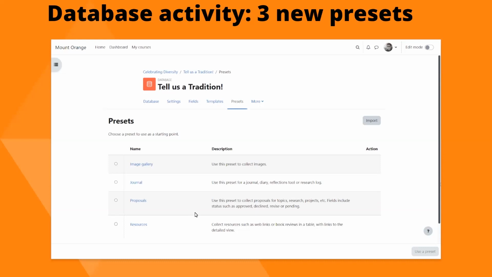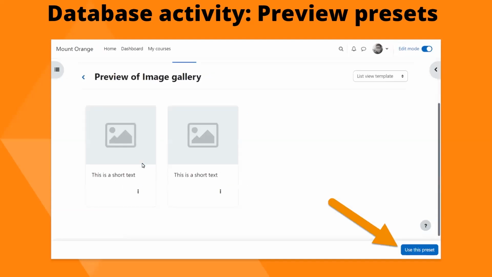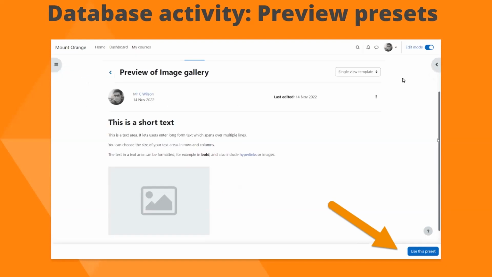And what you can do is, if you click on them, so if we click the link image gallery, it then shows us a preview of what it will look like if we decide to use it. This is list view, so we can also view single view. And then if we decide we want to use it, we click bottom right in what I've now learned is called a sticky footer to select use this preset.